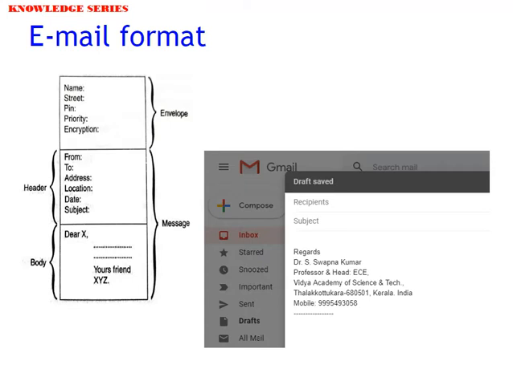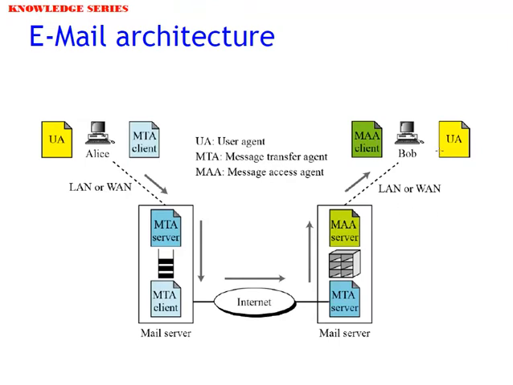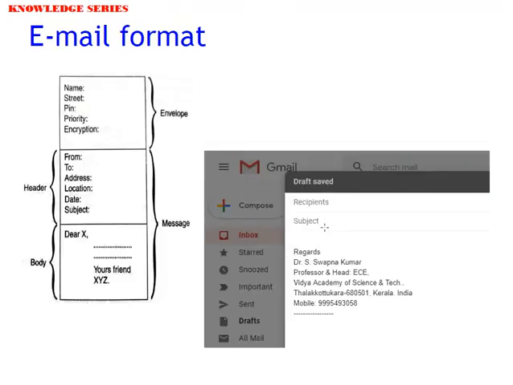But once Bob invokes the MAA, this will appear in the form of a number of emails in a row. It will appear based on first come first display, so the latest one will be on the top. But still it is not opened. Only the screen itself is showing, but the content of the message is not shown. But the moment the UA is invoked, this message will open and it will be displayed.